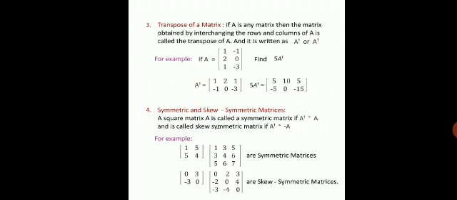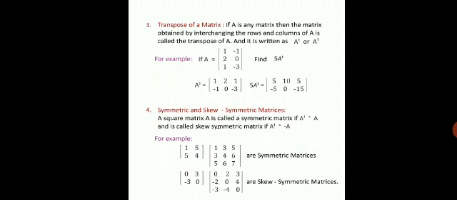So here the rows are converted into columns. So A dash is equals to 1, minus 1, first row becomes first column, second row becomes second column, third row becomes third column. Now multiply A dash by the scalar term, that is by 5, that is equals to 5 into 1 is 5, 5 into 2 is 10, 5 into 1 is 5 in the first row. Similarly, in the second row we get 5 into minus 1 is minus 5, 5 into 0 is 0, 5 into minus 3, that is minus 15.